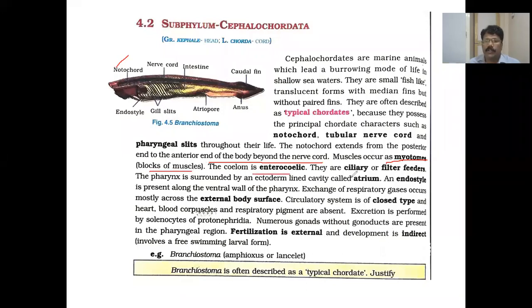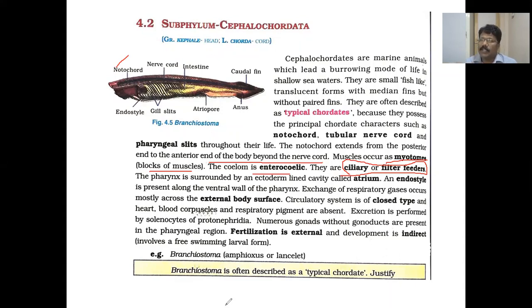The coelom, we know it is enterocoelic, and these are importantly the ciliary or filter feeders. Ciliary or filter feeders means small organisms will be taken into the mouth and the water is filtered out and these microorganisms will be taken in. Or it is also known as the ciliary mode of feeding. That means a cilia-like structure will create a current in the water and this direction of water will be towards the mouth. And once the water enters into the mouth, the small microorganisms like plankton are filtered and they will be taken into the